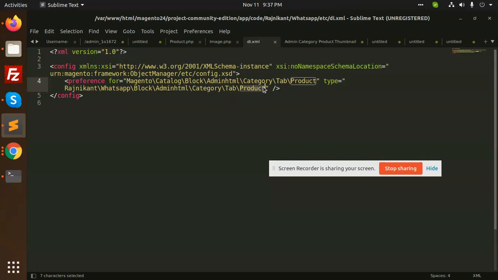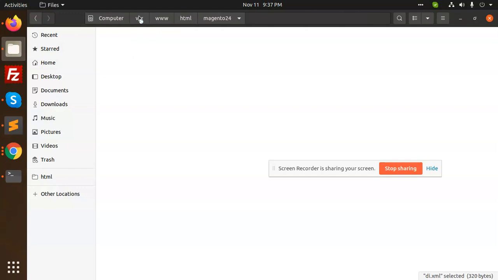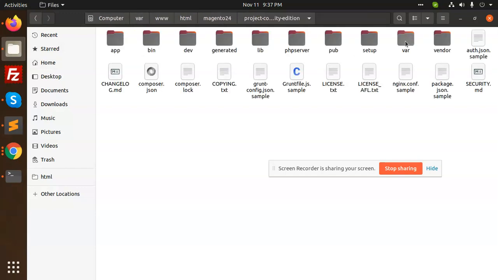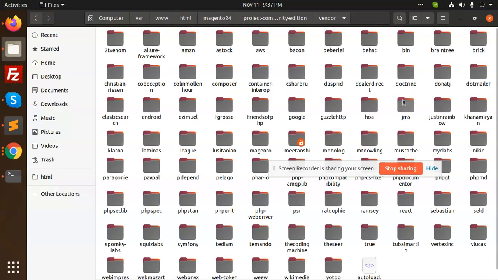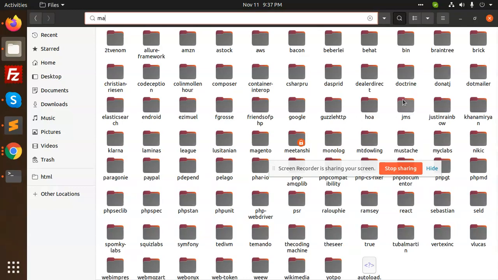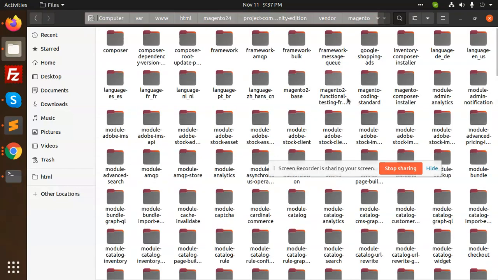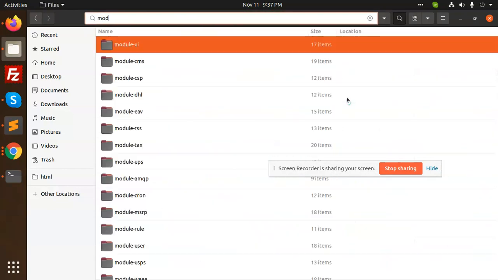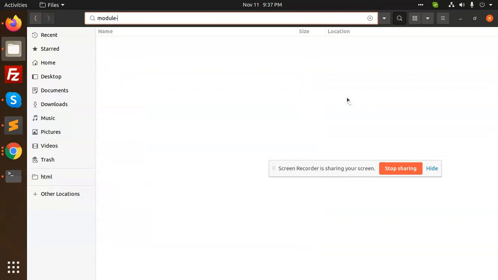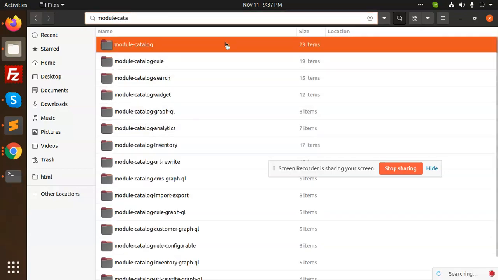If you go to the vendor folder, you will get to know that it is the module catalog. If I go to this project, we go to vendor, then Magento, and here we go to module-catalog.